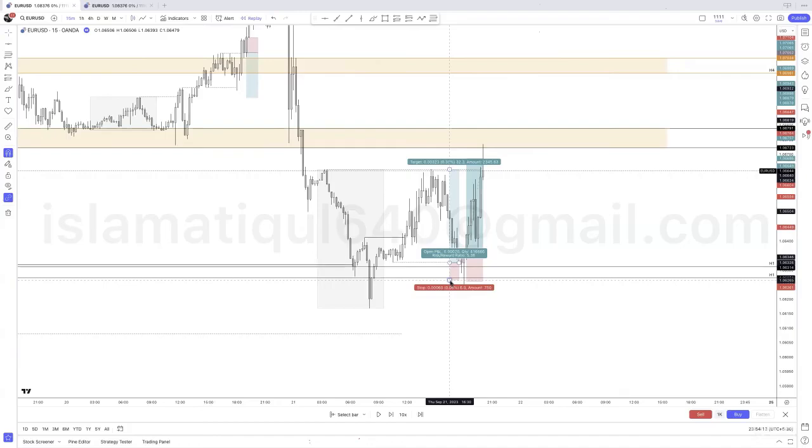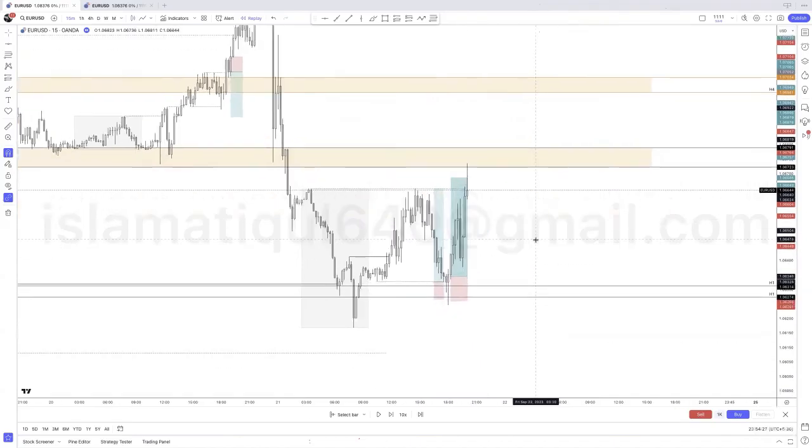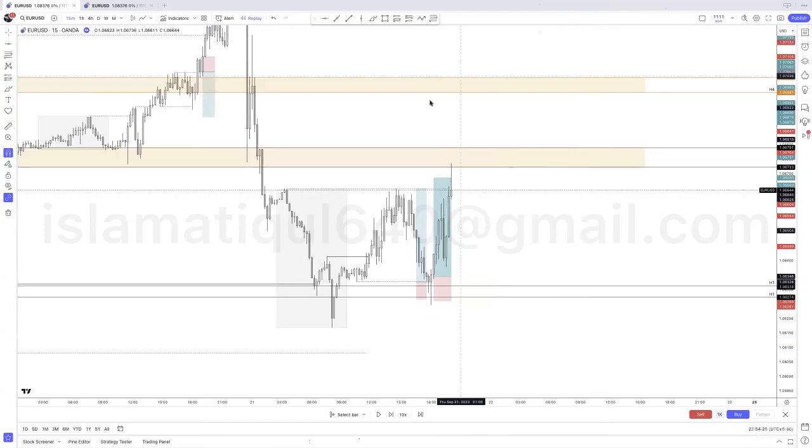Okay, so other than that, nothing else. We had equal highs here, so it has to be taken out. We are at a discounted price of the current range, discounted price of this range. So the only reason you're getting stopped out here is because the stop loss is too tight. If you get stopped out and now you have another entry confirmation, buy it, because now if you combine, looks